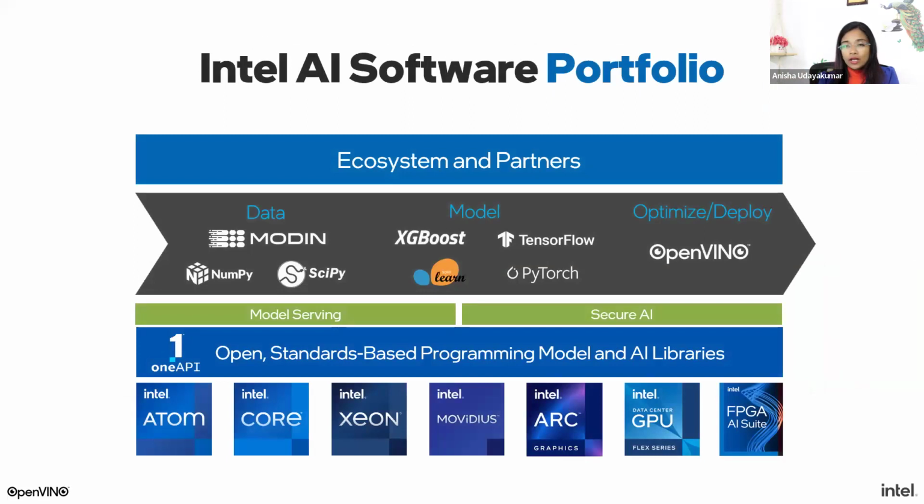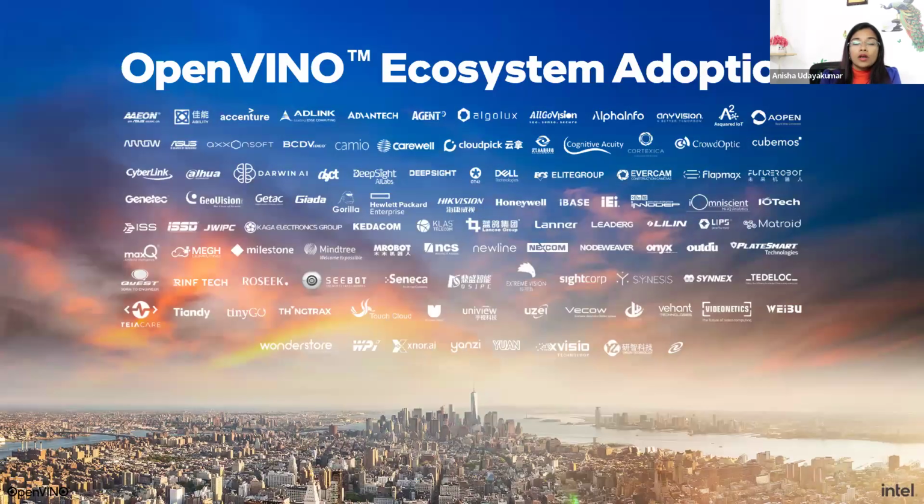And this is a quick high-level view of how Intel's AI software portfolio looks. As a developer, you will pick and choose one of the devices from the entire spectrum that you see below. And you use some of our open standard programming models, leverage some of the toolkits that we have like OpenVINO, and build a solution which are currently being used by many of our ecosystem and customers and partners. So it's not just a theoretical thing. OpenVINO is being used by many customers and that you see here.